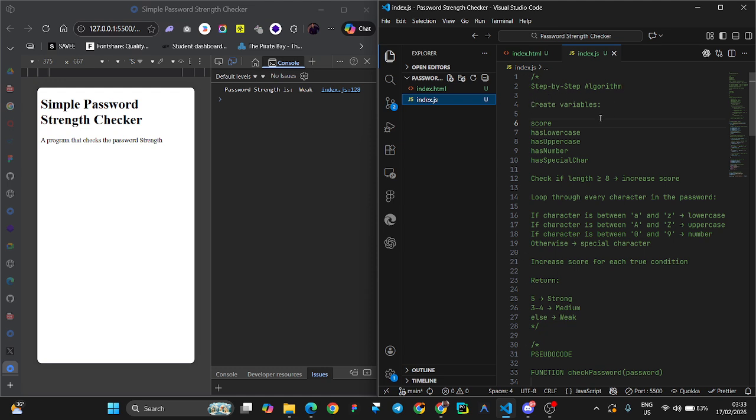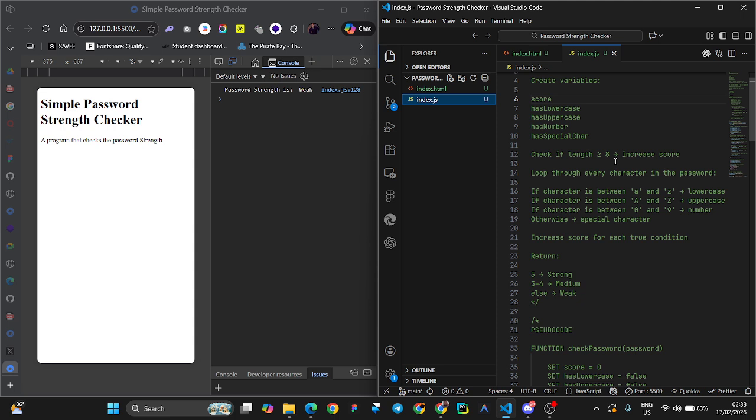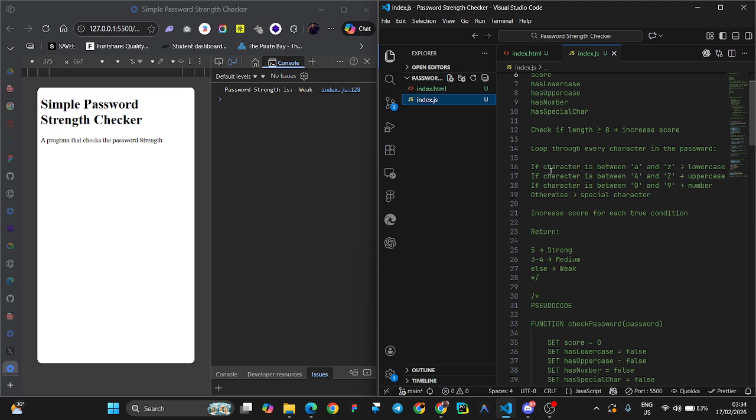First of all, we need to create variables that will hold the score, and that will hold if each password you type has lowercase, uppercase, number, or a special character. Then next we check if the length is greater than or equal to 8. Then we increase the score. Then we loop through every character in the password to see if